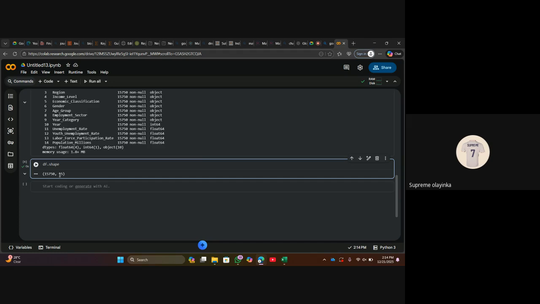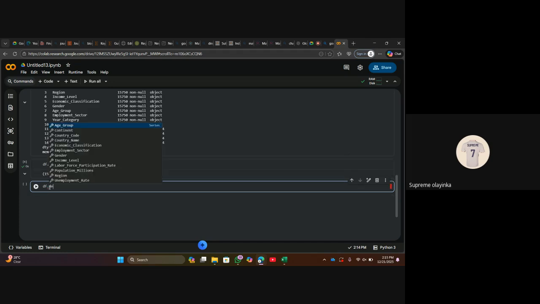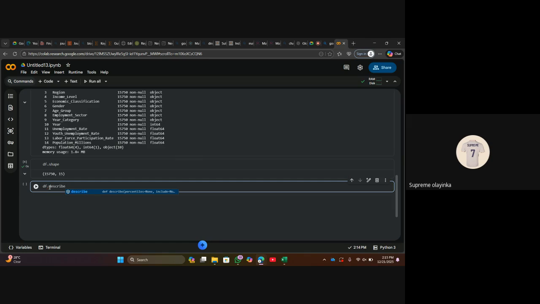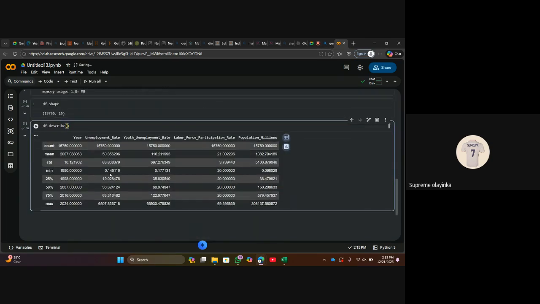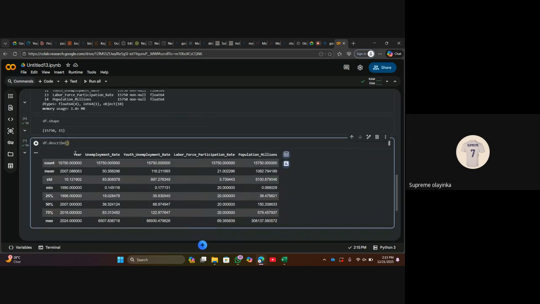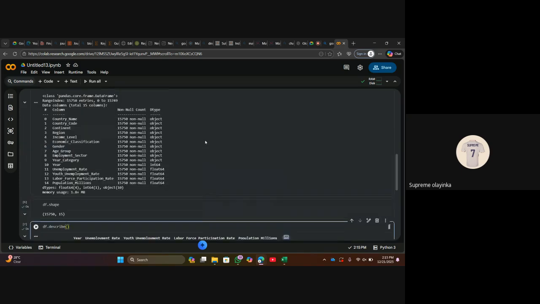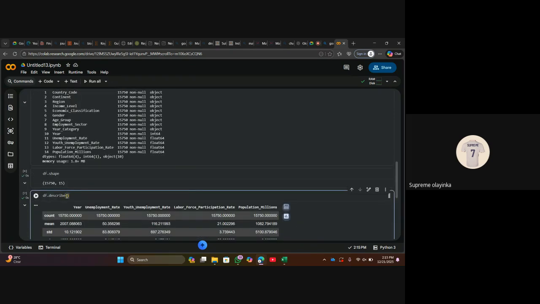Now, another thing you want to know is that you want to do df dot describe. So when we call on describe, it will actually describe all the numerical data type, the numerical columns that you have in your data set. So now you can actually see that my numerical data start from year down to population million. If you look at this from year down to population million, it is not concerned about all this, but you can make it concerned. You can just write something like